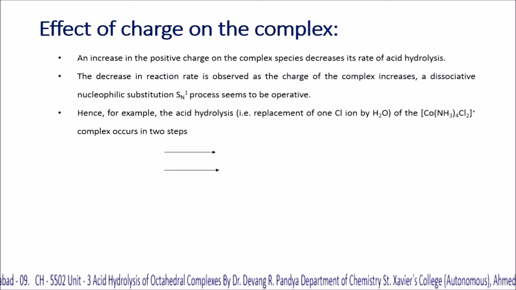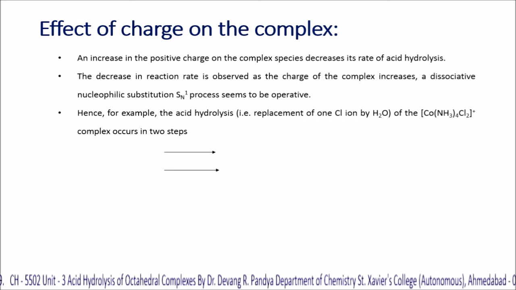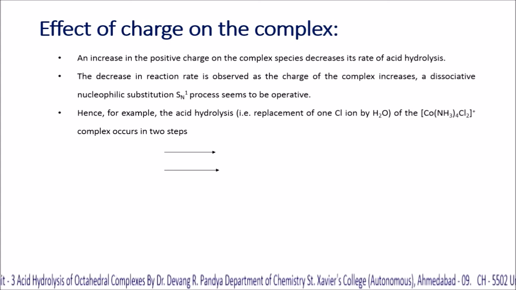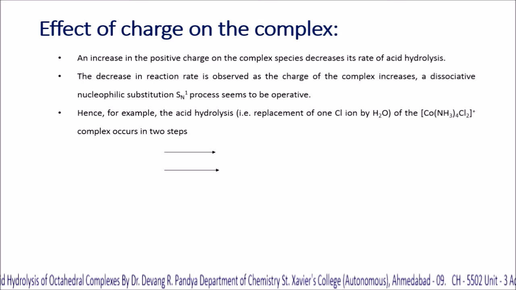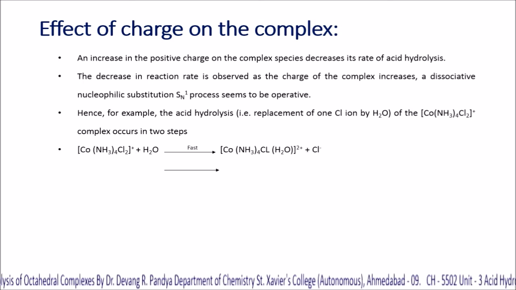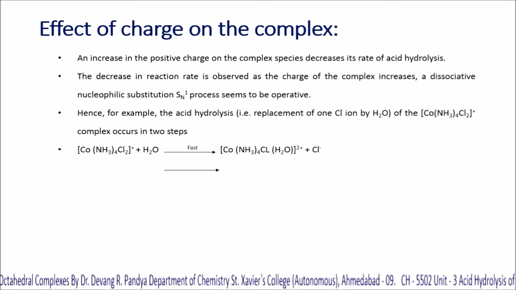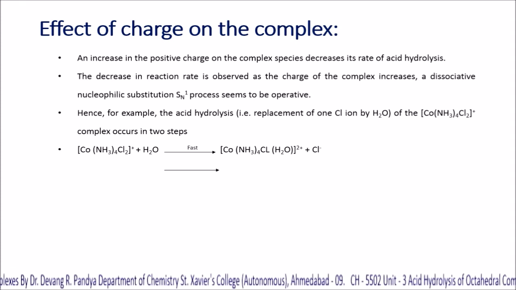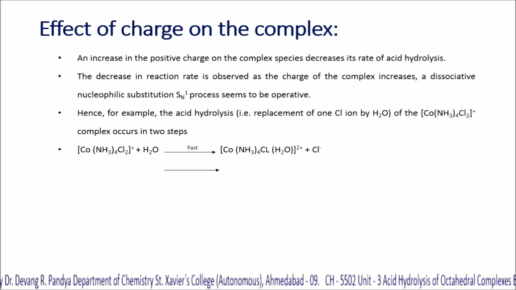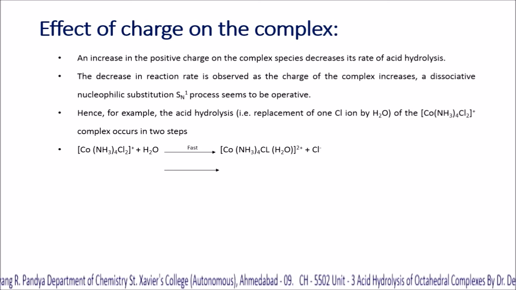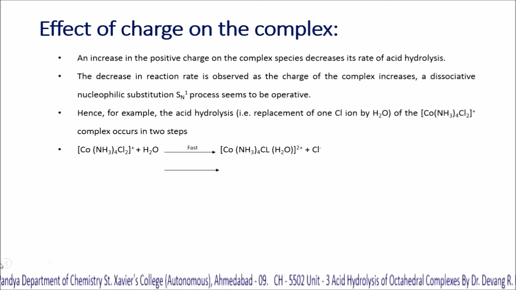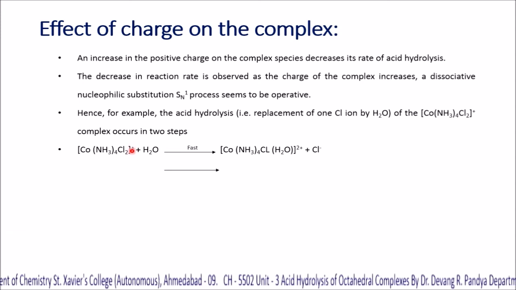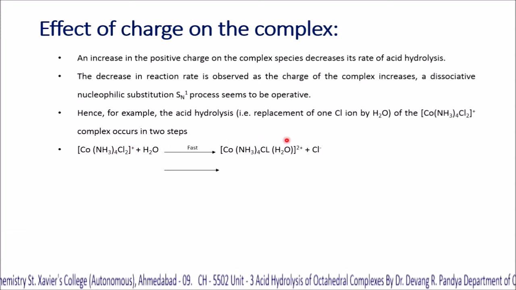How is it? Let's see with the example. The acid hydrolysis here, which is going to replace one chloride ion by one aqua molecule, will proceed in two steps. The first step is the faster one, where when we introduce the aqua ligand to the substrate, one of the chlorines is going to be substituted, and when the chlorine is substituted, the oxidation state, which is +1 on the reactant side, increases to +2,